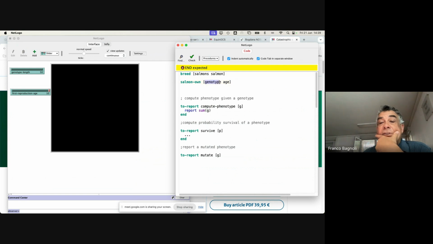At each age, one bit of the genotype is activated and can be 0 or 1. If it is 1, it is a bad gene. And if you accumulate, I don't know, 3 bad genes, you die. Okay. And of course, then if there is enough room, because you also have to